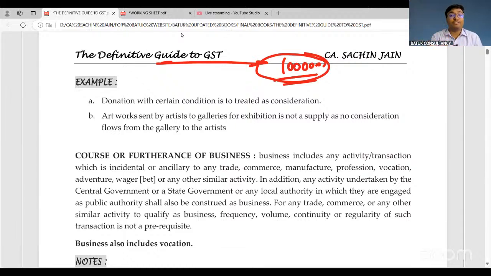I am paying the donation of 1 lakh rupees, and for that donation I am getting the display of my board in front of the Goshala. The display of the board will be treated as the consideration, and GST will be applicable. Hence, whenever we analyze the financial statement of our client, if there is any donation booked in the books of accounts, we just need to directly ask, sir, any advertisement due to that donation, or is there any other thing which you have received due to that donation?